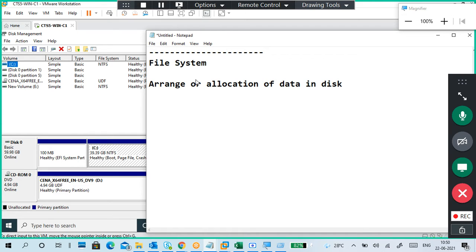Very simple. If you are using a Windows operating system, the main two file systems are FAT and NTFS. FAT, file allocation table. NTFS, new technology file system.